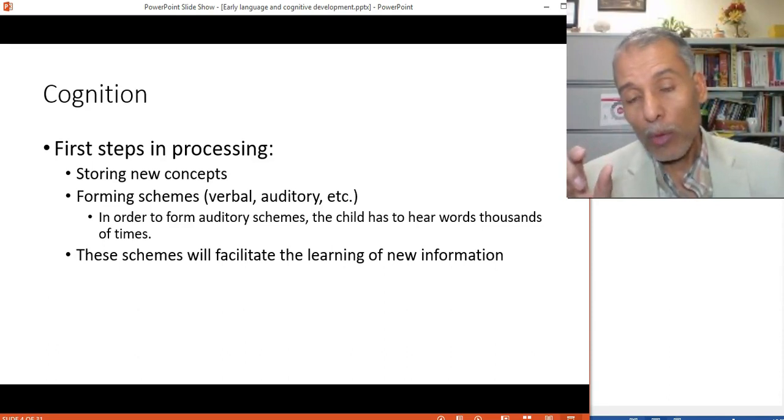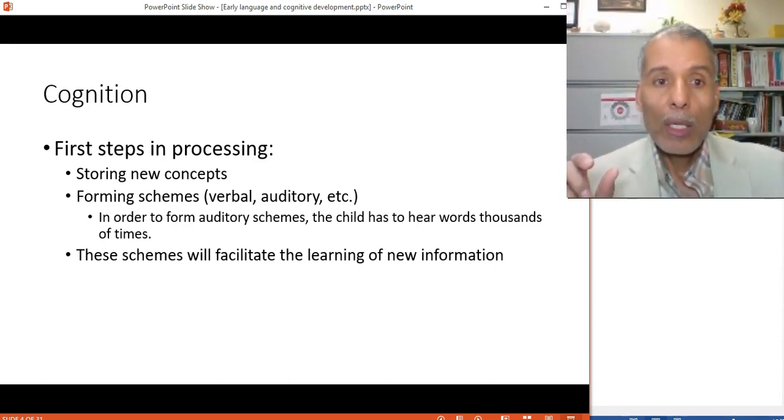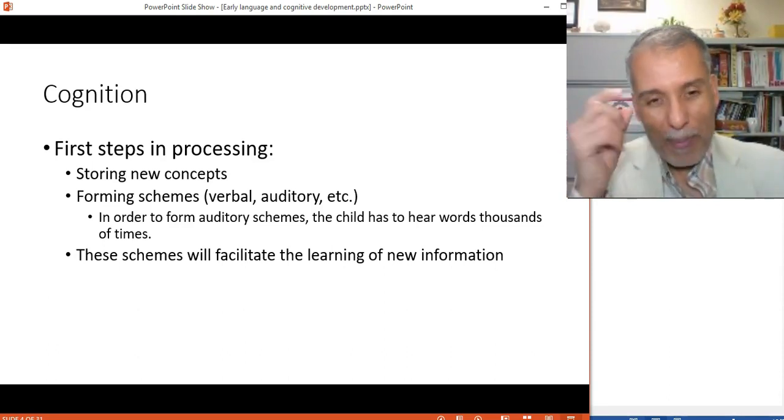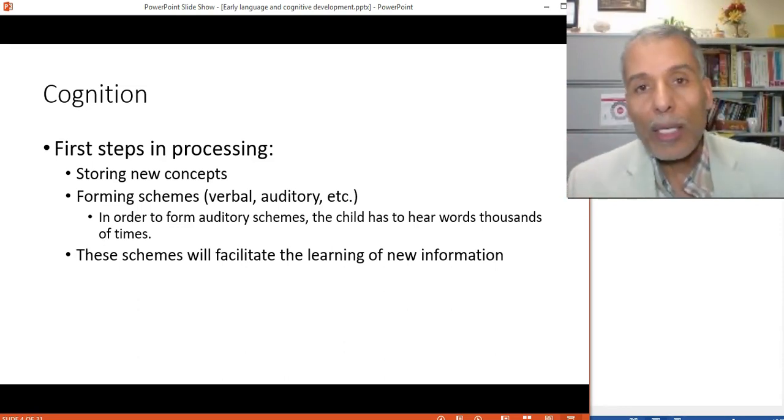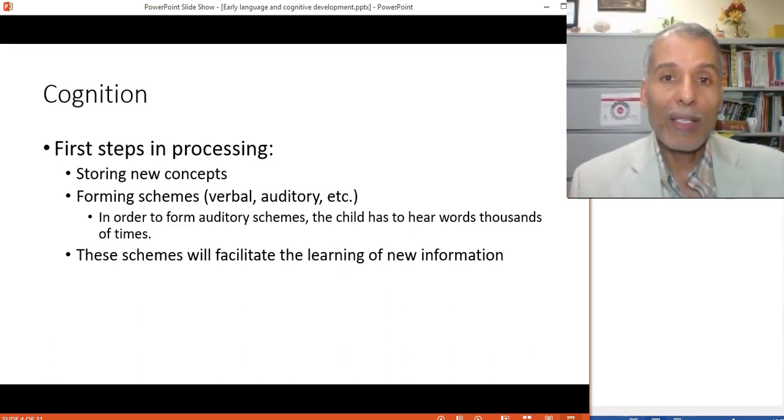So that concept of seeing the black horse and forming a basic raw concept as a schema or scheme. Then as the child sees more horses, oh, white, and then he calls it something else, and then, oh no, this is also a horse, and the brown horse, and now he's expanding the concept, that schema. But if he doesn't build that schema in the first place, he is not going to develop the other concepts.